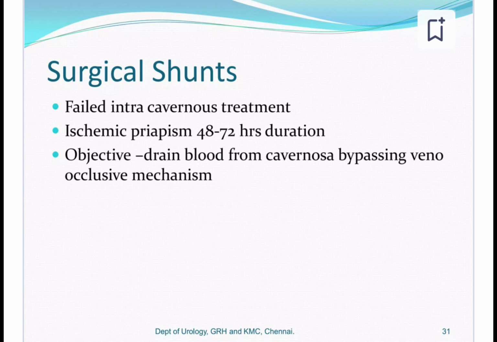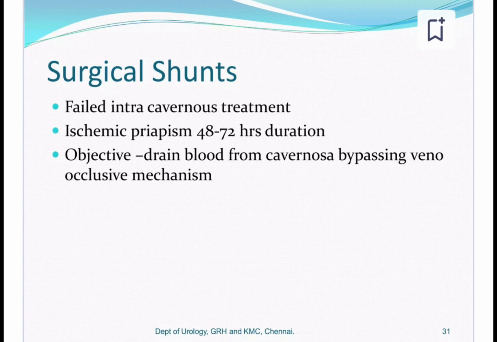failed. Then it is better to perform a distal shunt as compared to a proximal shunt, because there is a high risk of erectile dysfunction in a proximal shunt as compared with a distal shunt. And then we will only use a proximal procedure in case of distal shunt failure, in a condition when present in less than 48 hours, or in a patient who doesn't wish to proceed with an immediate penile implant. In that condition, we can go for a proximal procedure.